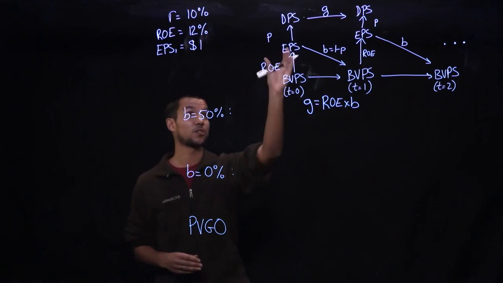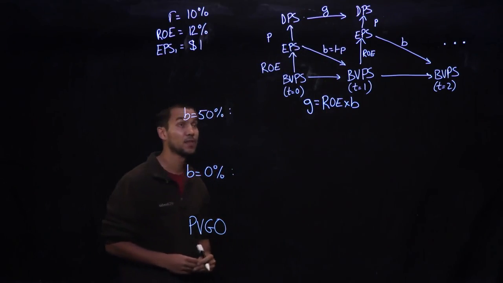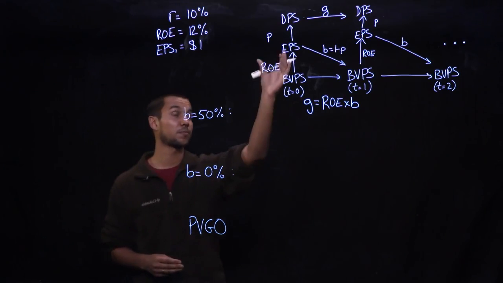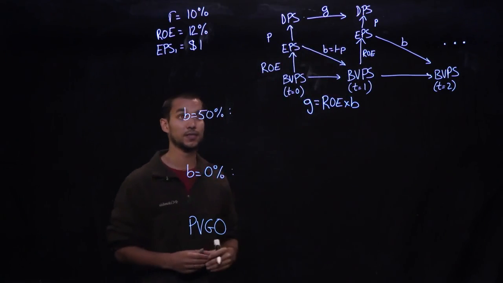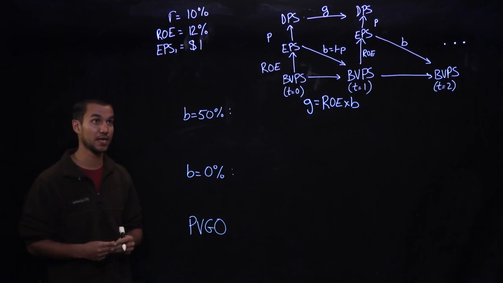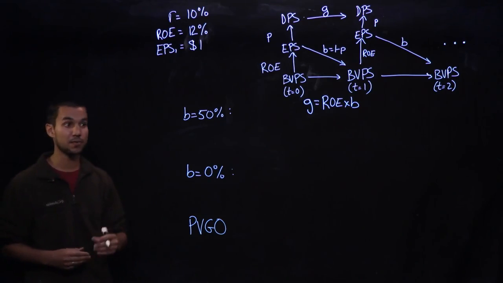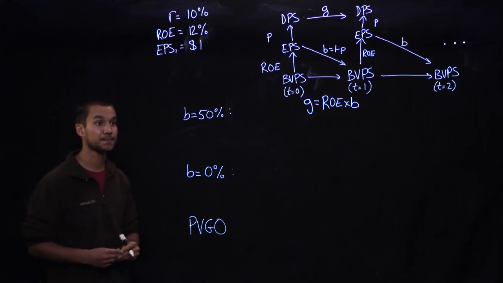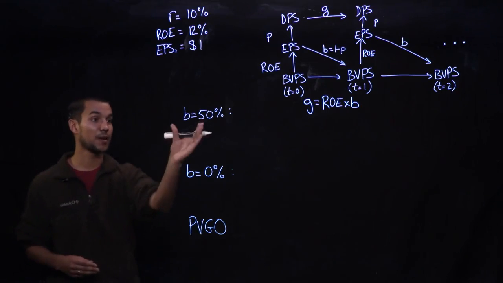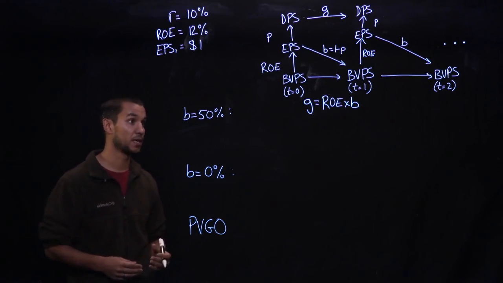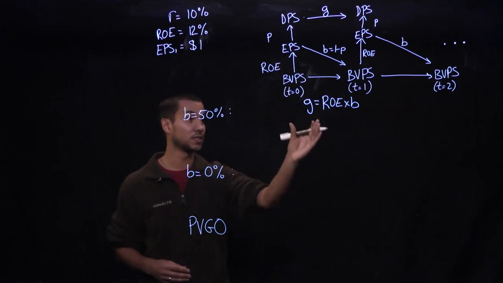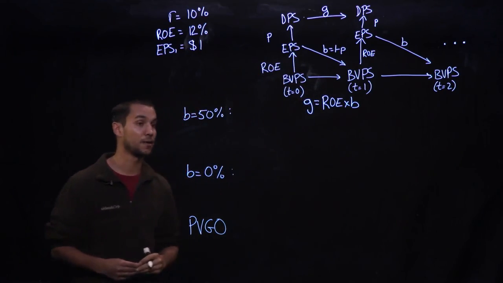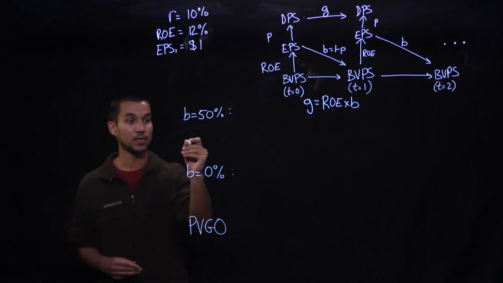And so if the dividends are growing at this constant rate G, then we're going to be able to estimate the share price of this company by using our growing perpetuity formula applied to these dividends. So let's see how we can do that in this example. In our example, we have a company that increases its plowback ratio from 0% to 50%. And so in the case where they're plowing back 50% of their earnings back into the company, the growth rate of these dividends, because ROE and the payout ratio are going to stay constant over time, is going to be equal to